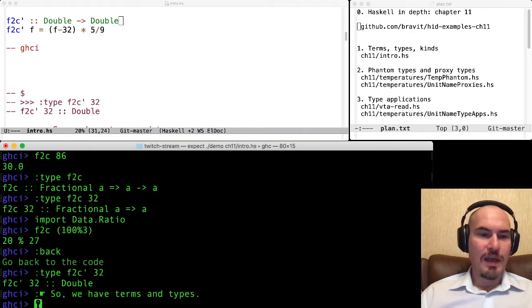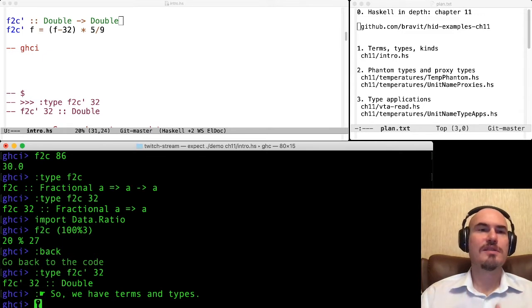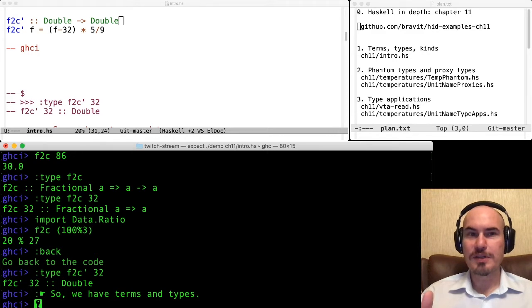Okay. So in Haskell, as we look at it now, we have terms, and we have types. Terms are variables, literals, numbers, and types are Double, Ratio, Integer, and all the others. Okay.